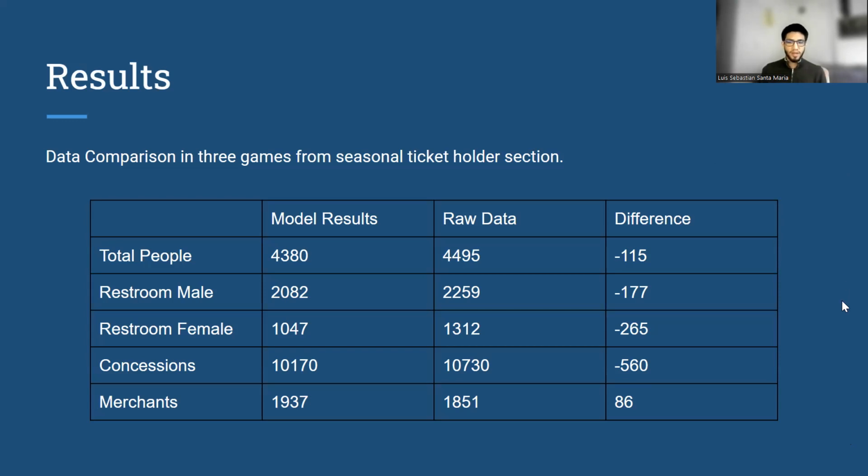For our concessions, we had a difference of 560 items sold. This is the total amount of items sold, not specifying if it's 1, 2, or 3. This is just the amount of people who bought items. We had a difference of 560 again, maybe because people from other seating areas went to these concessions to buy their items instead of the ones nearest to them. And for the merchandise, we had 86 t-shirts sold over